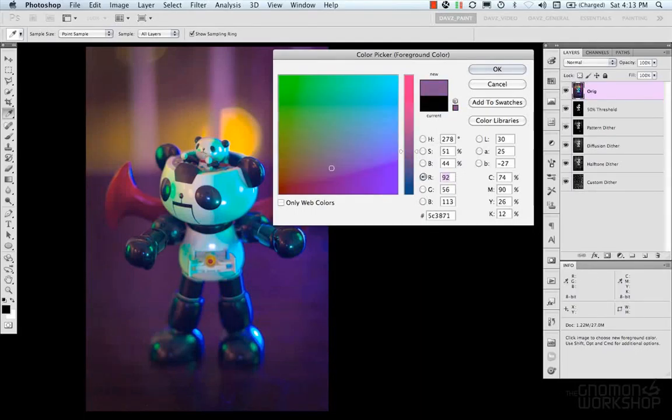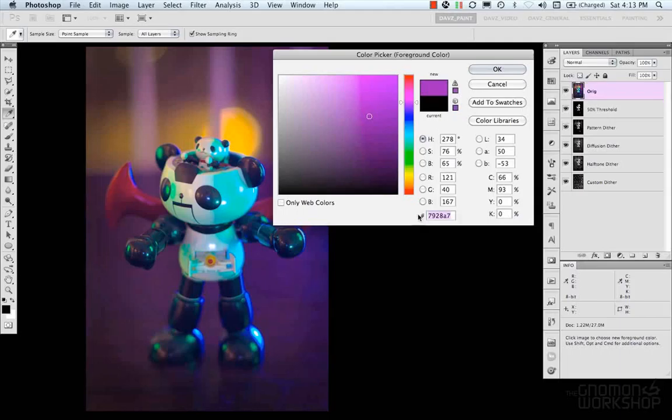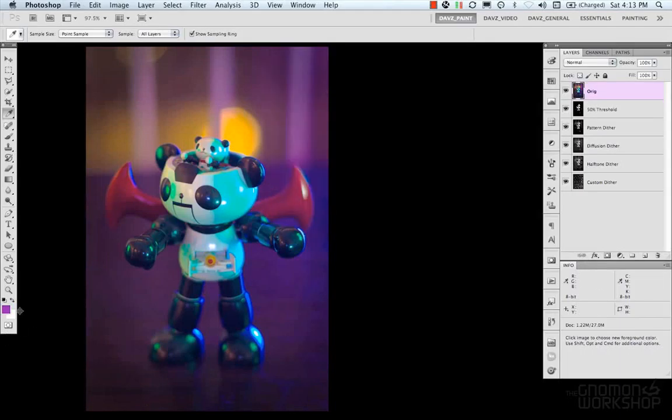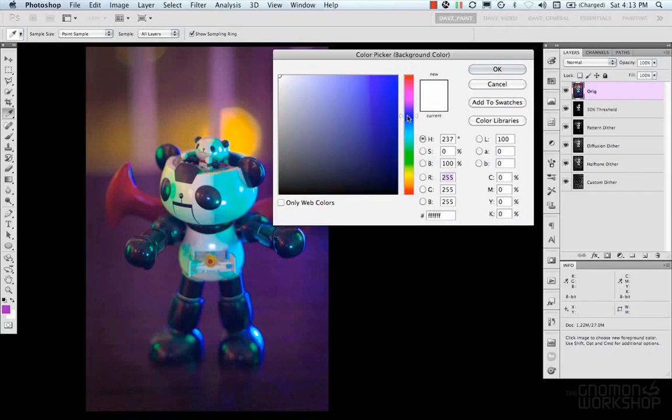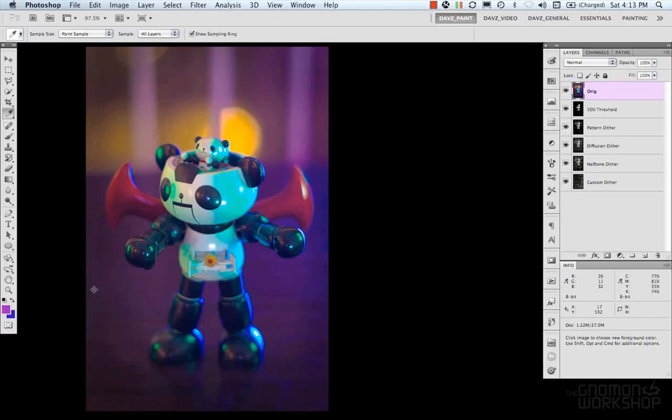And you could also do it by RGB, lab color space, CMYK, and then even hex for web. You have different color libraries, and you have add to swatches too. So you could select a color here and add to your swatches. So once you have your foreground selected, you can select your background color. And X will swap the foreground and background color. And then to reset the defaults, you could hit D. Also, if you just want to pick a color, you can use the eyedropper, which is I,